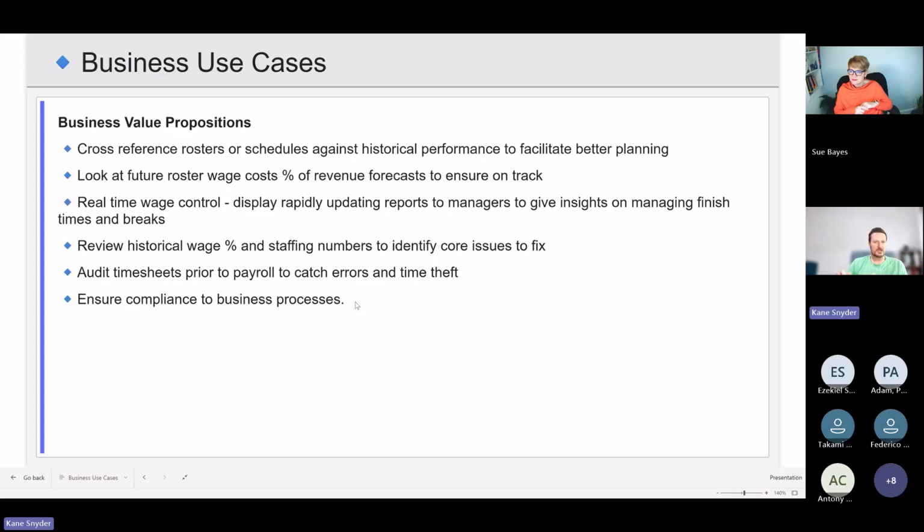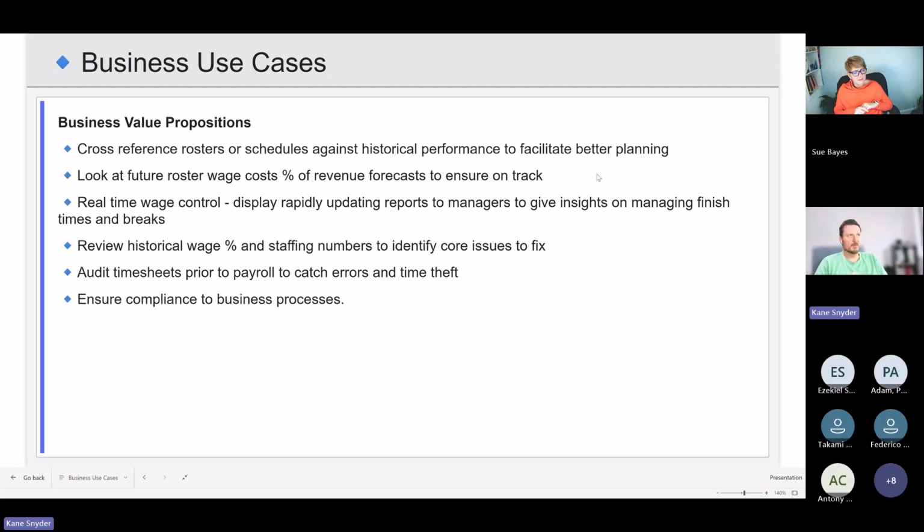Well, we can look at history and see all those sorts of metrics like I showed you, like wage percentage of costs and things in the past, and say, you know what, our roster looks like it's, and you can have a revenue forecast too and say our roster looks good, it doesn't look good, looks like we've got too many people on here, not enough there. Looking at the future costs. So planning and forecasting is great.